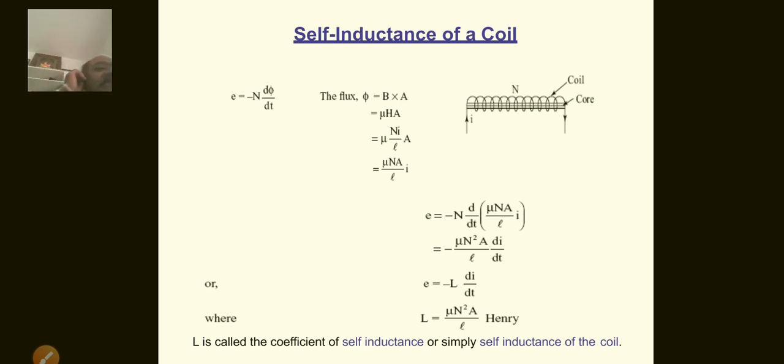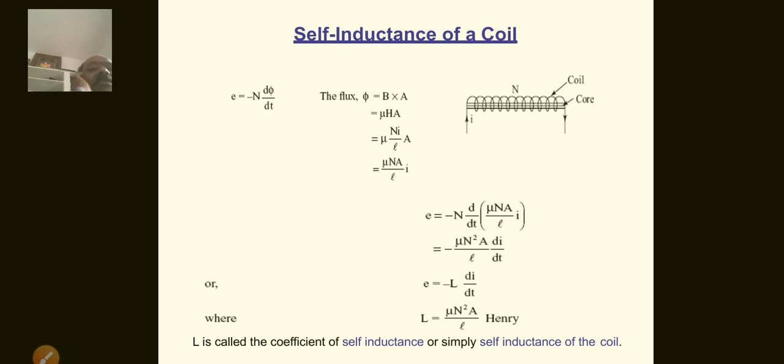If we take the self-inductance of a coil, this is a coil which has N number of turns, and between the turns there is some gap. This is a coil, and the core is also there, a solid plate is the core, whenever the current passes through it. So E is equal to minus N d phi by dt, already known from Faraday's second law. Therefore, when the current passes through the coil, a magnetic field is automatically created and flux will be produced.